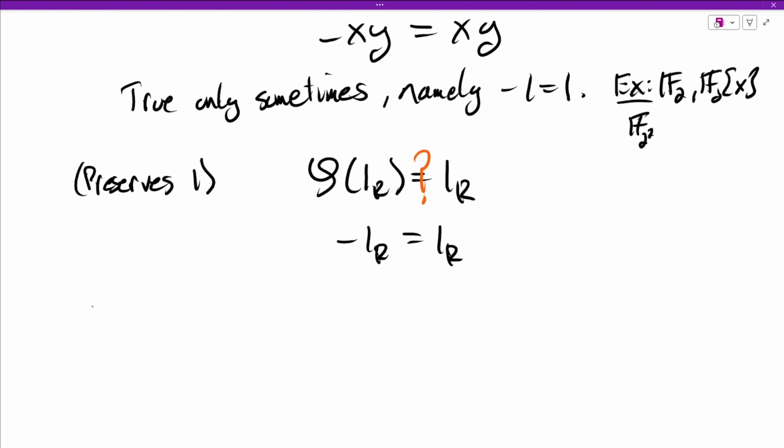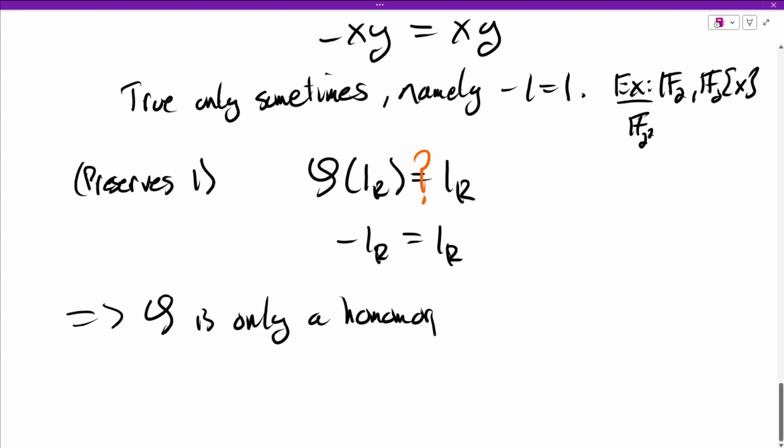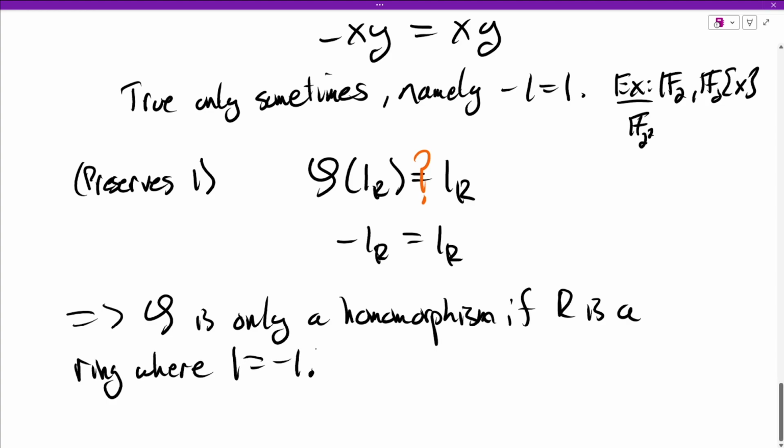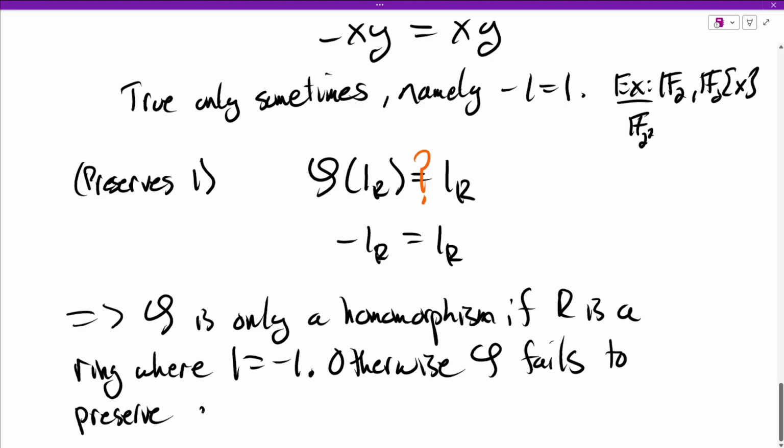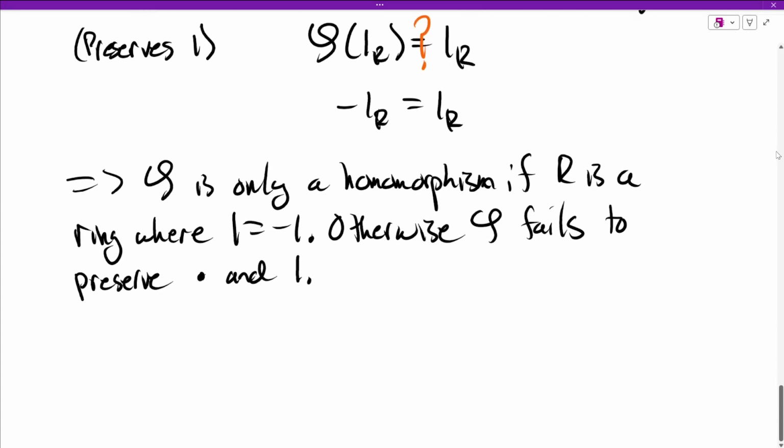So what's our conclusion from this? Phi is only a homomorphism if R is a ring where 1 equals -1. Otherwise, phi is not a homomorphism. It fails to preserve both multiplication and the unity. Great. Now, in the case where phi is a homomorphism,